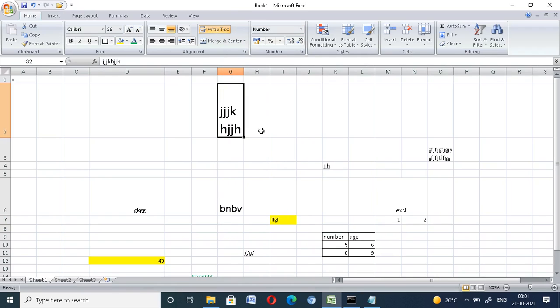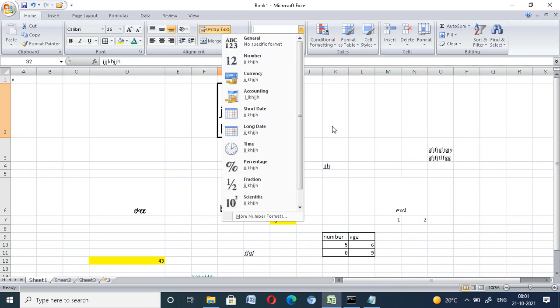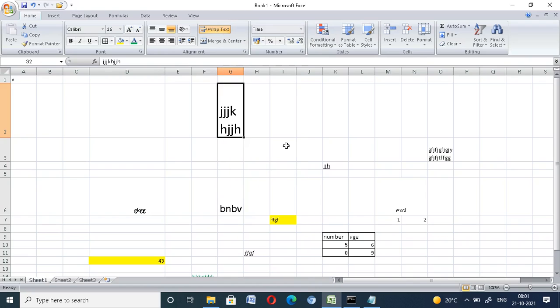In this way, if numbers are typed and you want them in time format, or there is a number typed and you want it displayed in percentage, this is percentage.